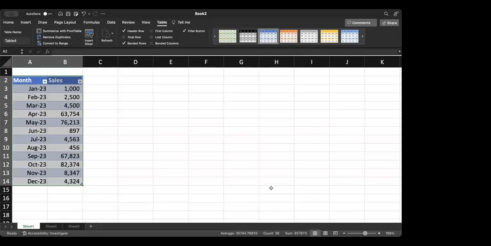ओके, I'll start sharing my screen. ओके, आई होप मेरा स्क्रीन विजिबल है। नाउ जैसे ही आपने इंसर्ट टेबल डाल दिया, यहाँ पे देखिए एक टेबल मेन्यू आया है। इस टेबल मेन्यू में यहाँ पे डिफरेंट कलर्स हैं। आप जो कलर आपको पसंद है आप वो ले सकते हैं। एंड देन यहाँ पे हेडर रो, टोटल रो, बैंडेड रोज करके है। यहाँ पे टोटल रो है, इसको क्लिक कीजिए, बाय डिफॉल्ट टोटल रो ऐड हो जाएगा।